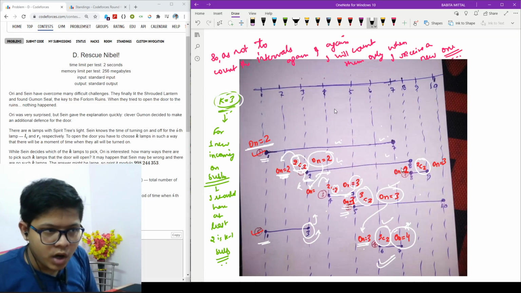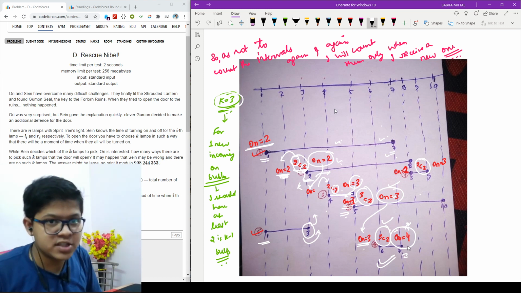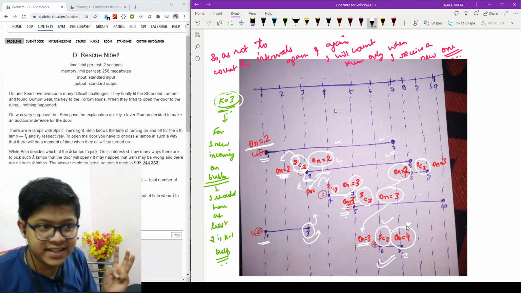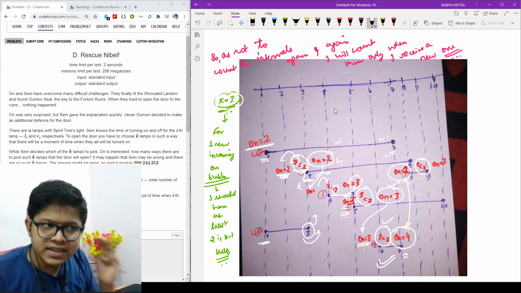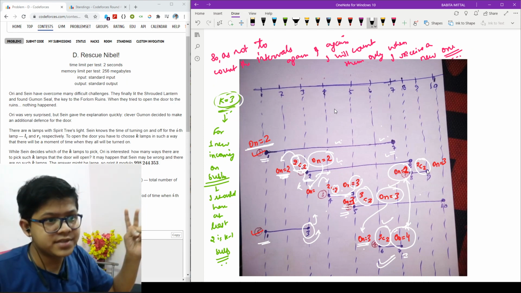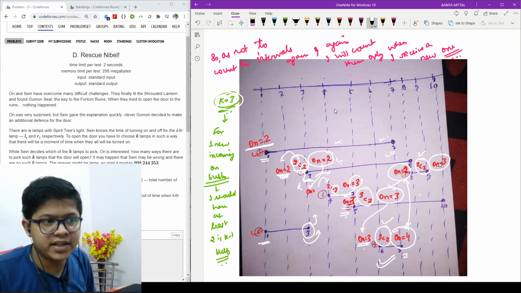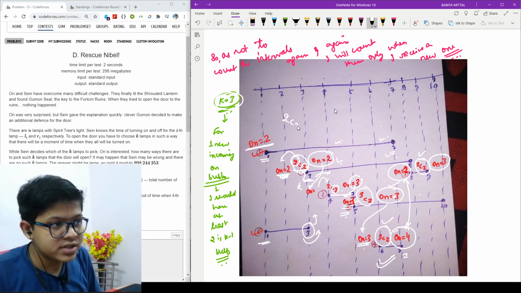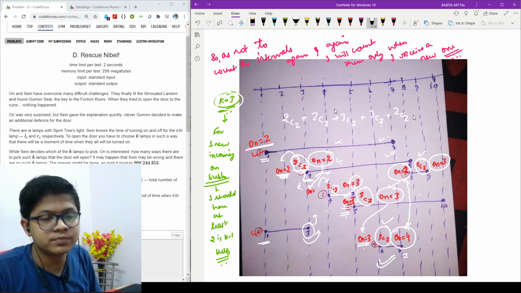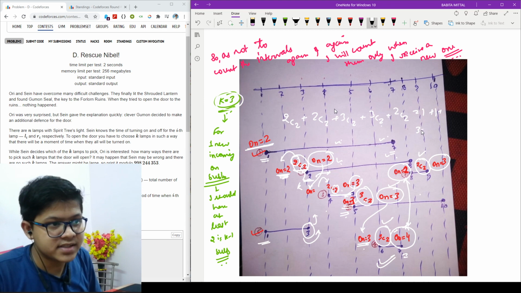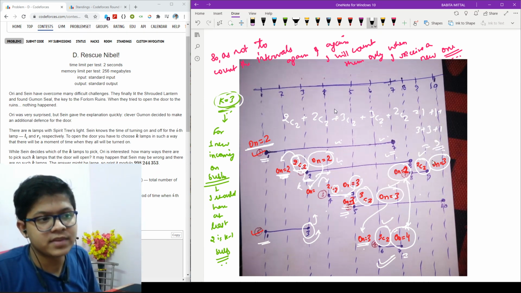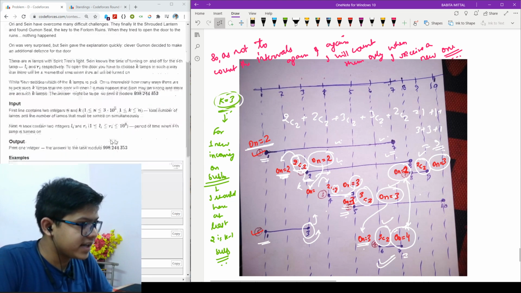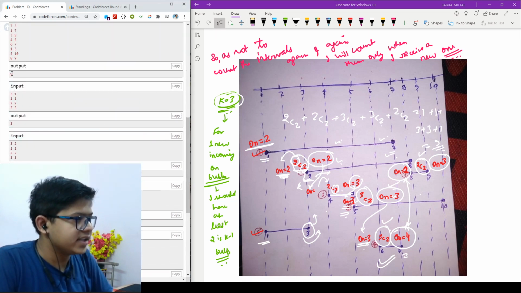Now when you go out, you can see that your 7 ended here. So 2 states are decreased, which means your on state has now become 2, as you can see right here. Then as you can see, out of 2 you need 2 on bulb states. So your 2 is right here. Now your on state will increase by 3, but as the intervals are ended, so yeah. So what you can see is that your answer would be 2C2 plus 2C2 plus 3C2 plus 3C2 plus 2C2, which is 1 plus 1 plus 3 plus 3 plus 1, which is actually 9. Thus you can see that your answer right here is 9.